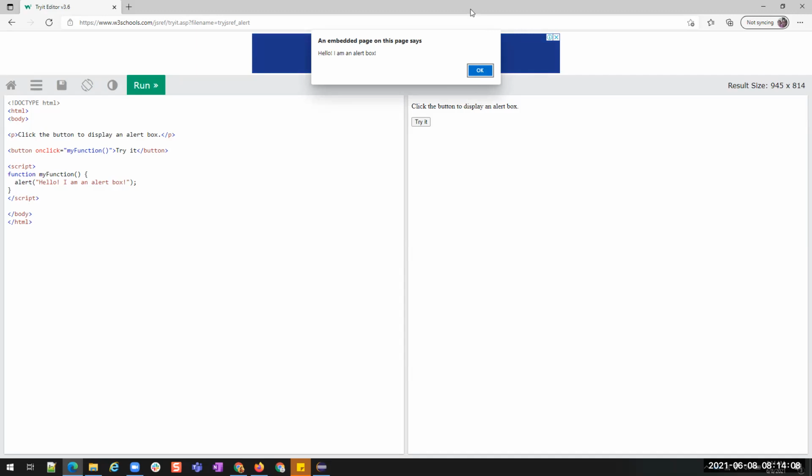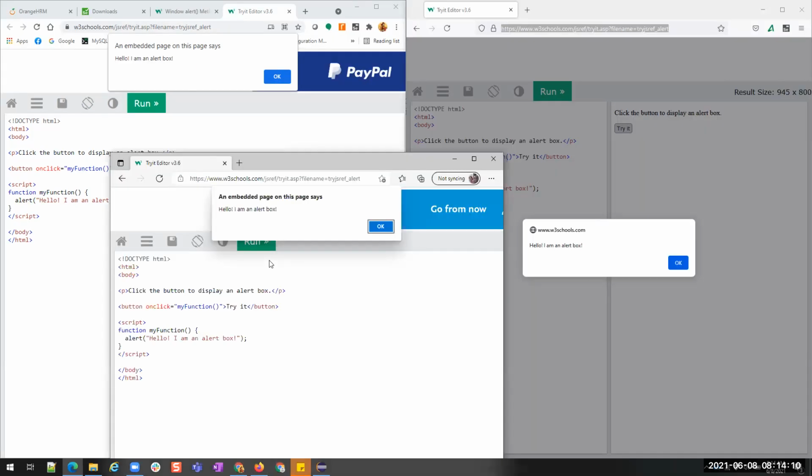These three are displayed differently, but I'm running the same code, the same page, the same URL. Here it is in light color, and this is bolded. So now you understand, though we are running the same code, each browser is interpreting it in a different way.